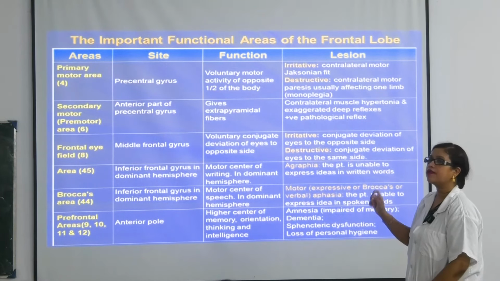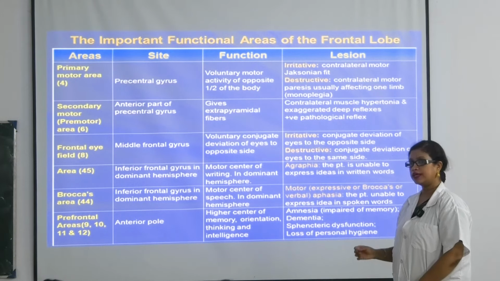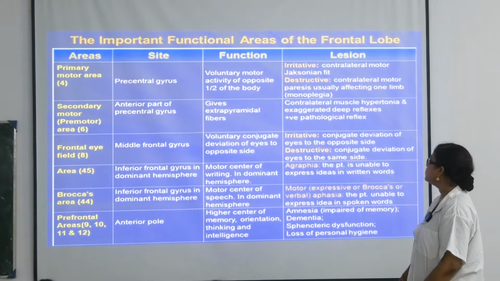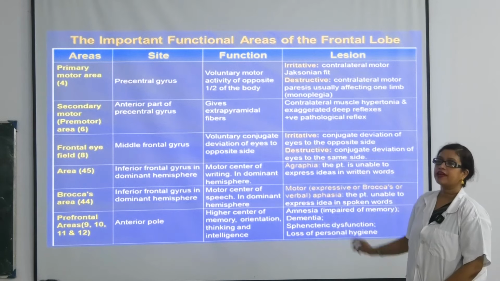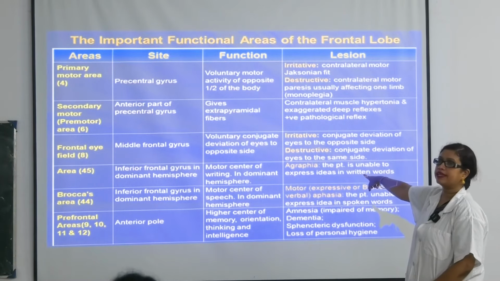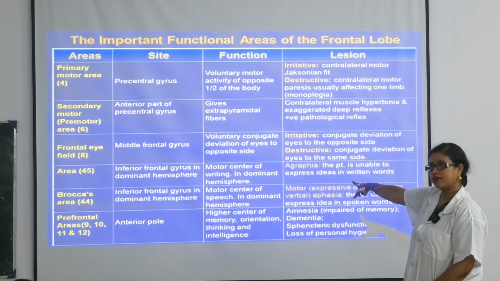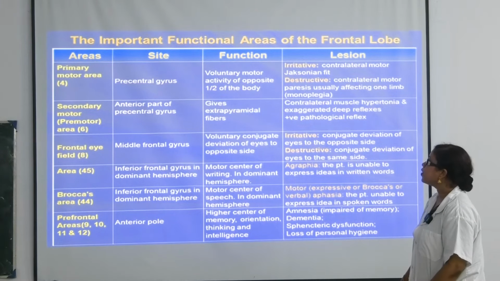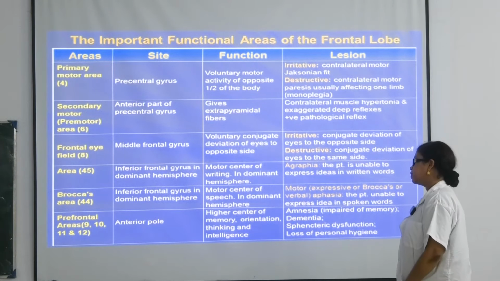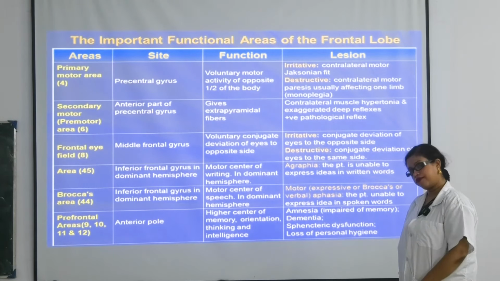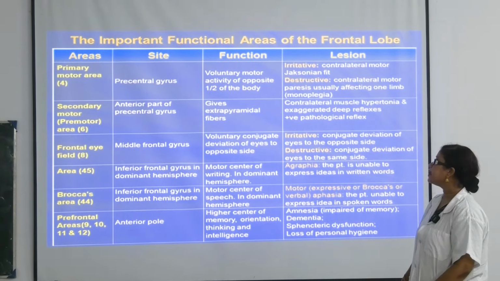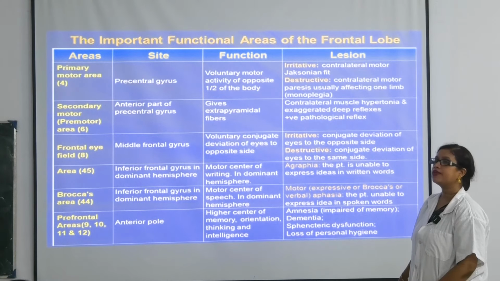So what do you mean by frontal eye field? If you are seeing something close vision, ঠিক আছে, তাহলে হচ্ছে এরিয়া 8, এরিয়া 45, এরিয়া 44. 45 টা কি রে? লেখা নেই এখানে। এরিয়া 45 টা কি? ওয়ার্নিক্স এরিয়া। বিকজ এখানে কি দিয়েছে দেখ, অ্যাগ্রাফিয়া লিখতে পারবে না, ঠিক আছে, অ্যাগ্রাফিয়া। ওকে, দেন ব্রোকাস এরিয়া, দেন লাস্ট ওয়ান ইজ দ্য প্রিফ্রন্টাল এরিয়া। প্রিফ্রন্টাল এরিয়া কি কি আছে? 9, 10, 11, 12।